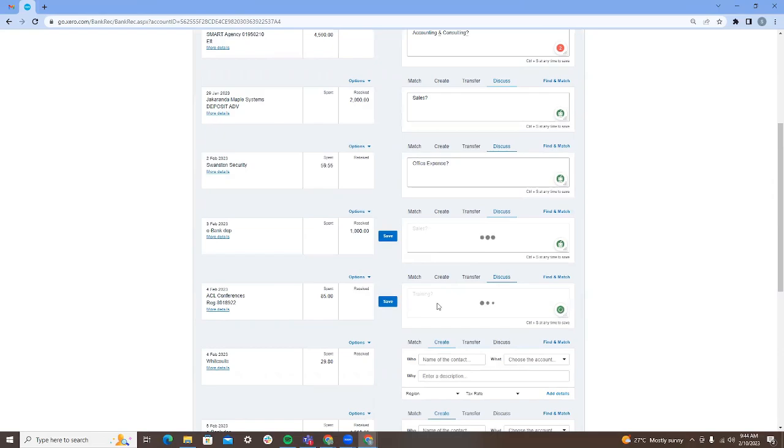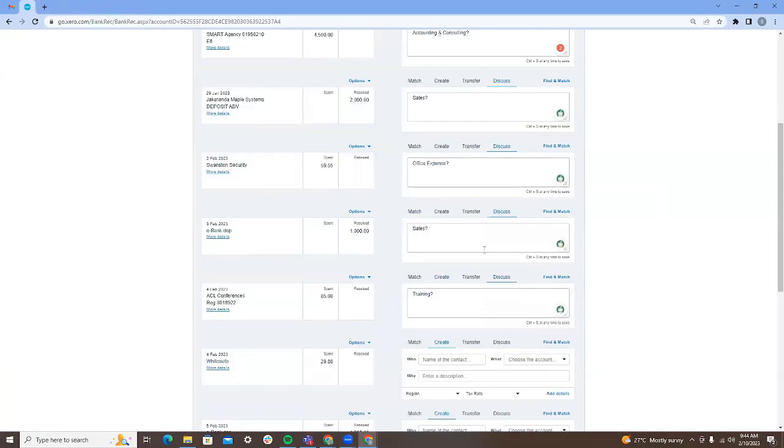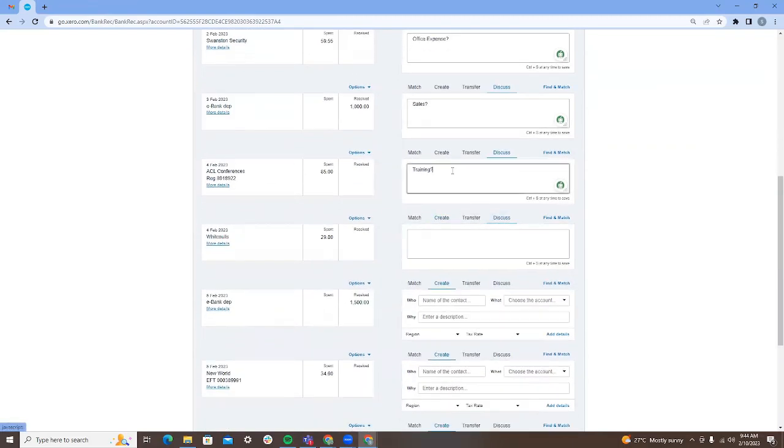If you're not sure, you can do your research, do Google. It doesn't mean your suggestion needs to be perfect. Anyways, the client will correct it, because we have a column wherein the client will comment what the expense is for. So do not stress yourself too much in figuring out what this is for. That's the reason why we're asking the client.